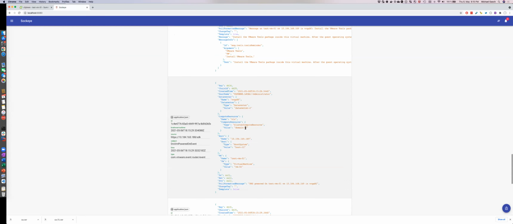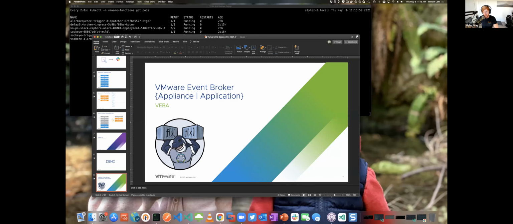And now I'm going to hand it over to William to talk a little bit more about VEBA and other use cases. Do we have any questions so far? Do you have a Git repo with the example code in it that we could poke around at? We do, yes. Okay, William, awesome. Probably you. Yeah, I can also share it. Are you guys able to see my screen and audio coming okay?